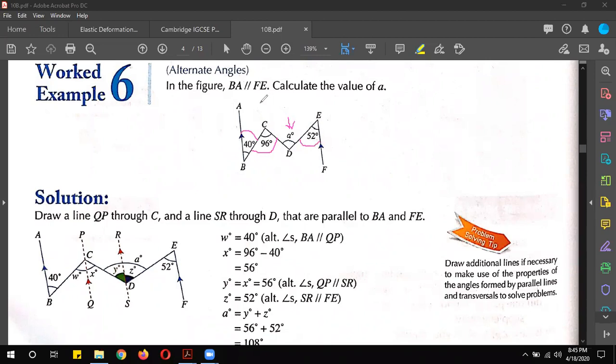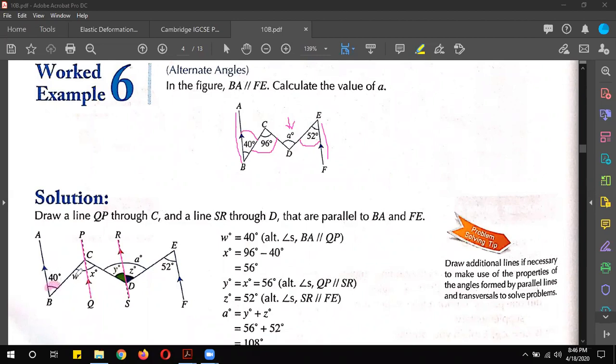So first of all, what we need to do is to draw straight lines which should be parallel to this line AB and EF. So what we did, we drew the parallel lines PQ here, the parallel line RS here. Clear? So now we can see that this angle B is now an interior angle. We can see that